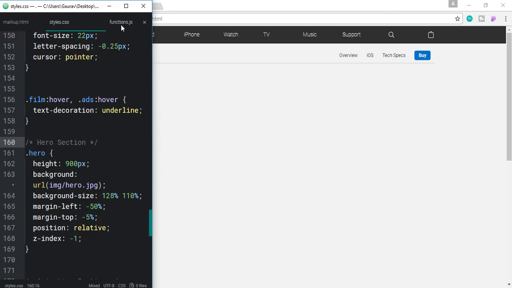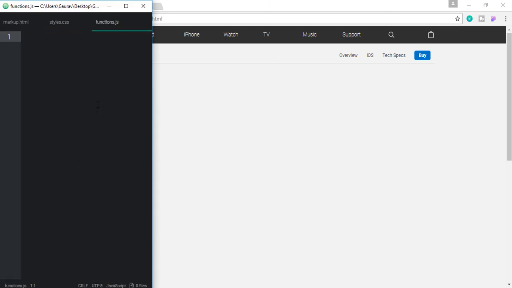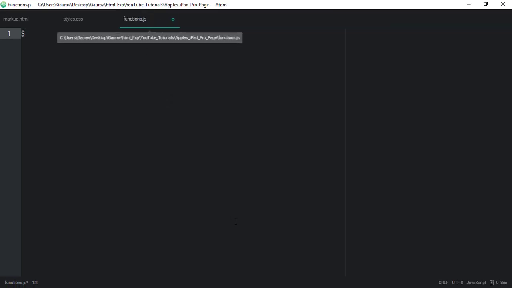And now let's move to our functions. So first of all, let's set the document ready function. Let's type function with curly brackets.